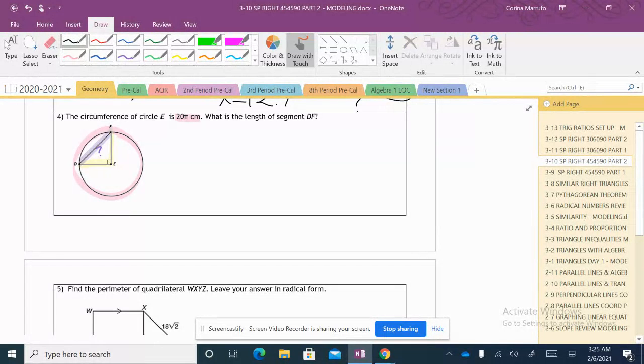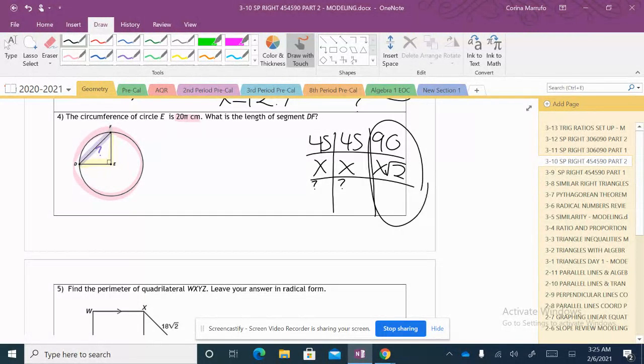So I'm going to go ahead and make my little table for my 45, 45, 90: x, x, x square root of 2. So we need to figure out what these x's are in order for us to find this one, because that's what they're asking for. First off, the only information that they tell us is that the whole circle all the way around is